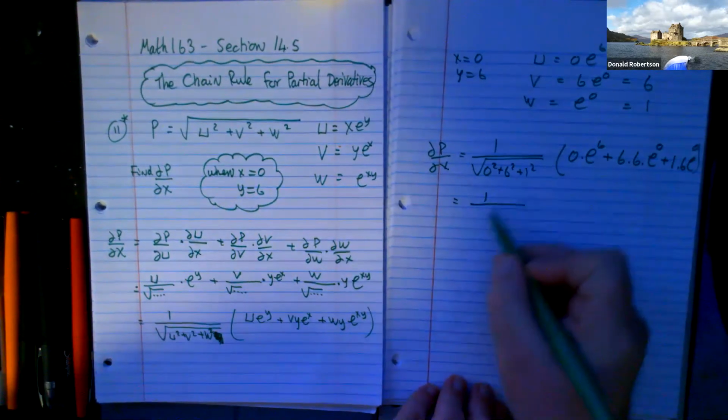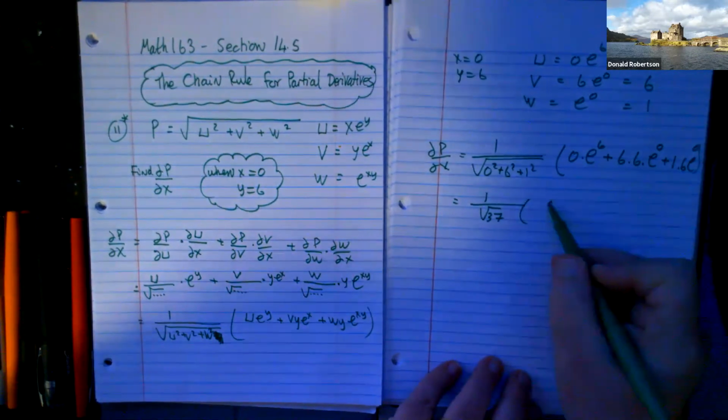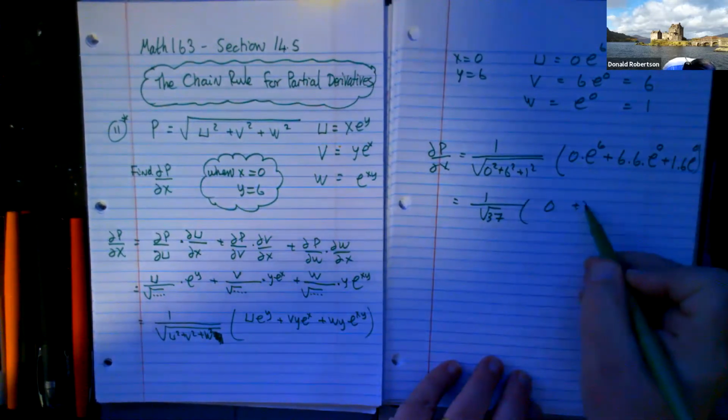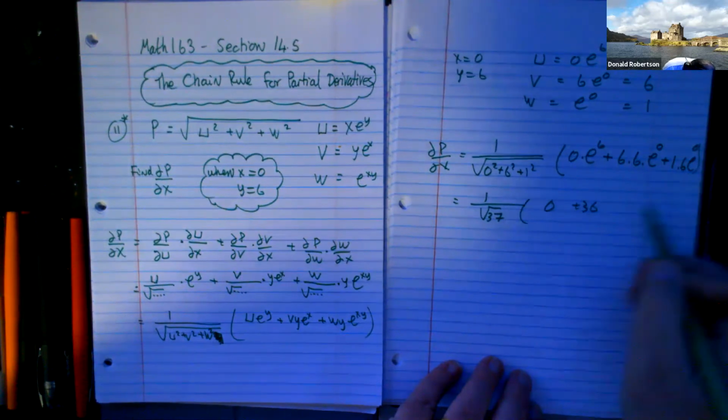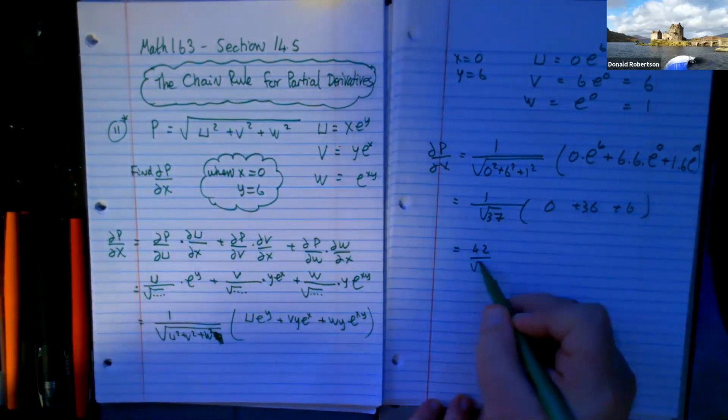So 1 over square root of 37, that's nothing. That's 36. And I believe that's 6. So I get 42 over the square root of 37,